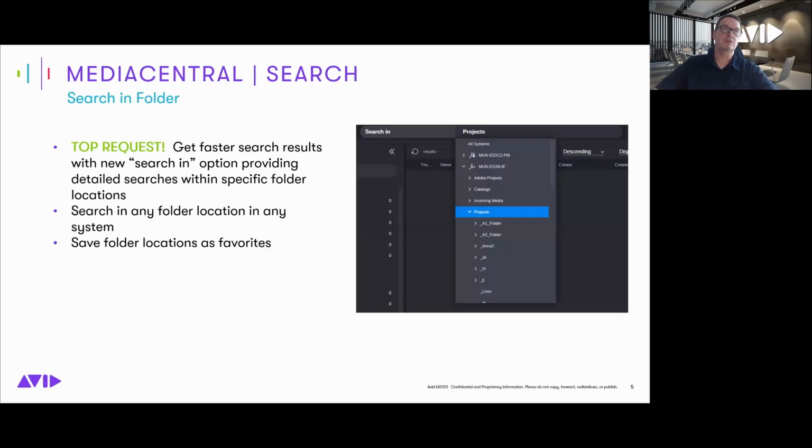And so let's take a look at some of the key features in the 23.7 version of MediaCentral. First one, one of the top number one feature requests we received from many of our customers, is the ability to search in folders or within folders inside MediaCentral Cloud UX. This is now possible with 23.7. You can search in any folder's location in any system type, and you can also save those folder locations as